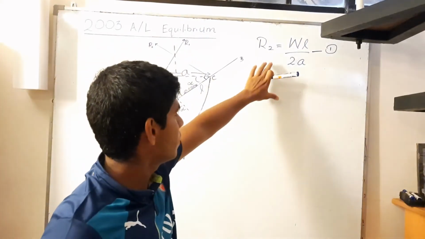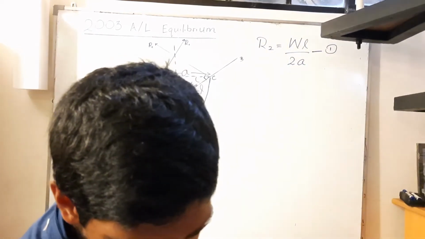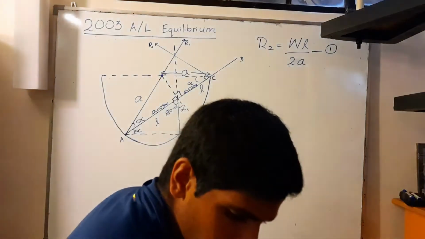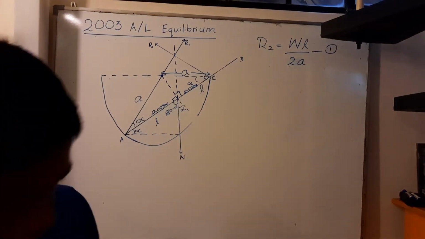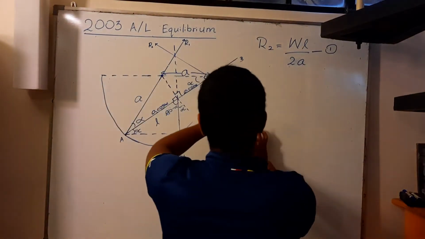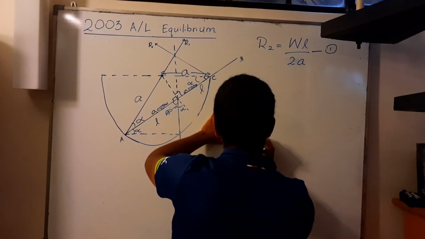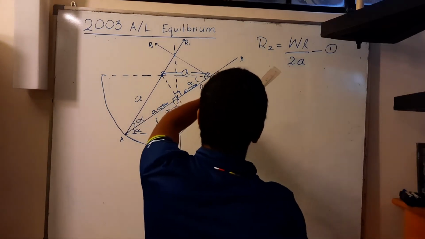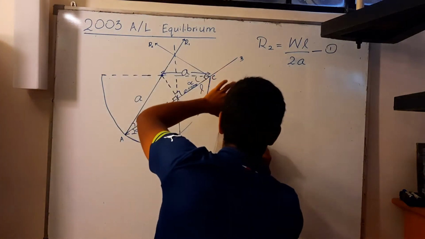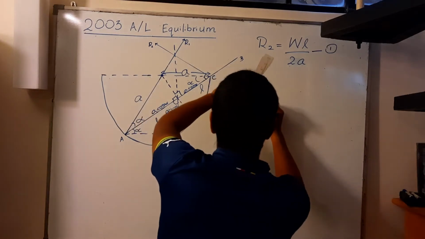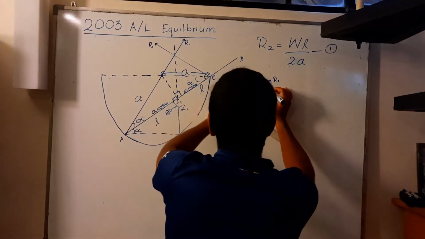Alright, so the equation we showed before, I named that as equation 1, and now the next relationship I'm going to find between R and W is going to be through Lami's theorem. To use Lami's theorem, we need to draw a diagram where all the three forces are acting at one point, and then draw the angles between them as well. So as you can see, W is acting downwards, and then R1 is acting towards this side, and R2 towards this side.